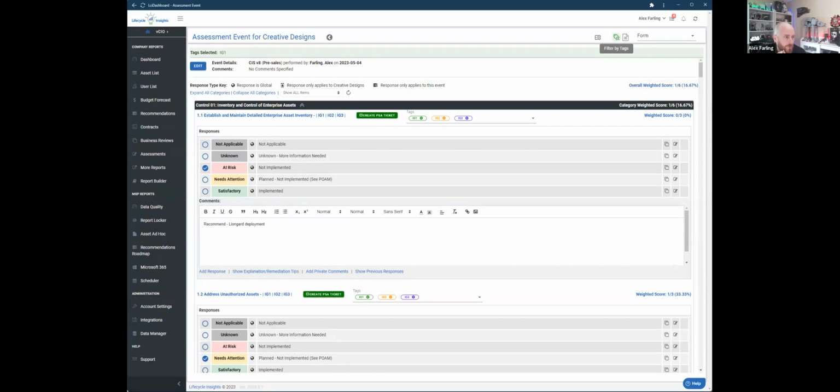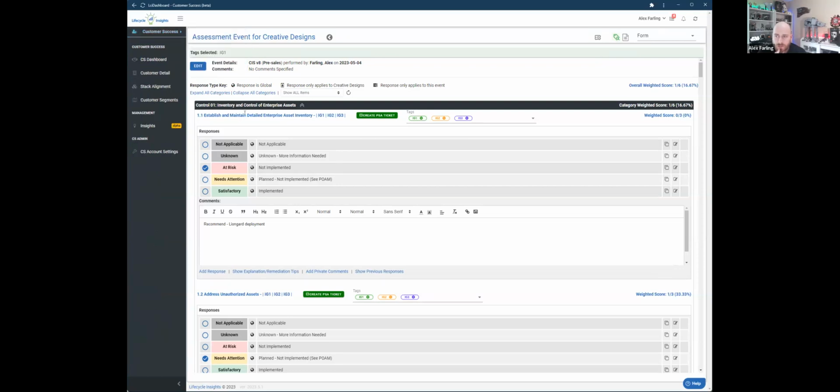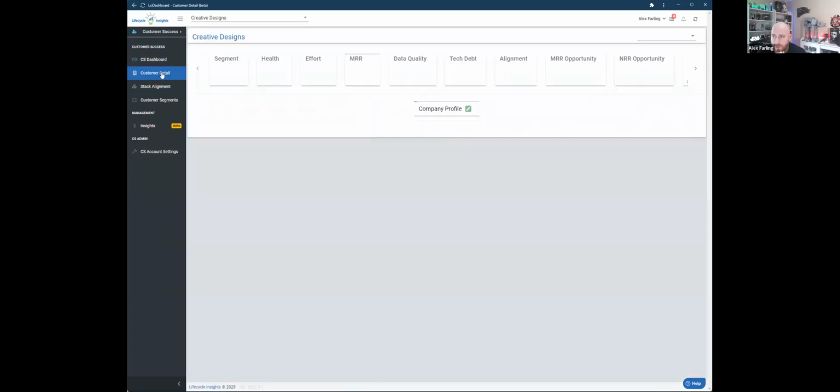It would be cool if we could relate recommendations to customer success goals. Maybe use tags for now. So you can actually relate a recommendation to a goal if you're in the customer success module. And this is there for those of you who have purchased the customer success module. If you go into your customer dashboard and look at goals for a customer,